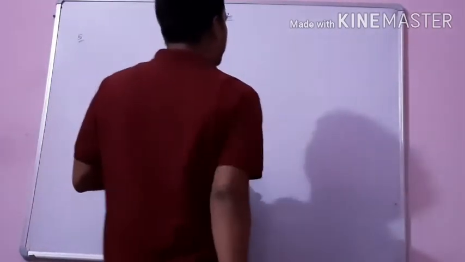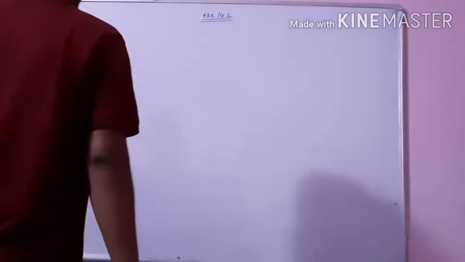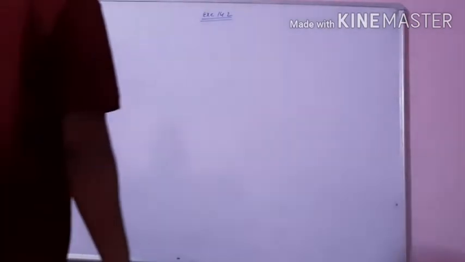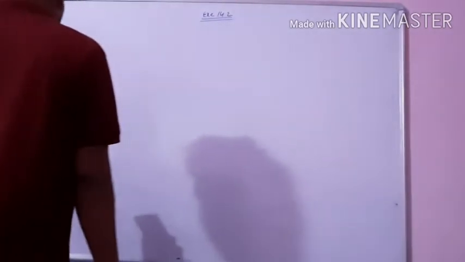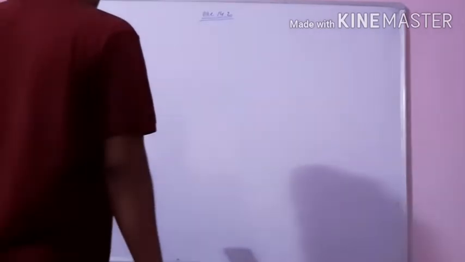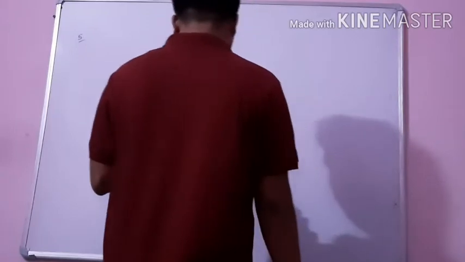What information has been given in the data is there is a city and we are finding the concentration of sulfur dioxide on a particular day for continuous 30 days. Here data has been given, and the first point is to make the grouped frequency distribution table for this data with class interval 0.0 to 0.04, like in this manner.